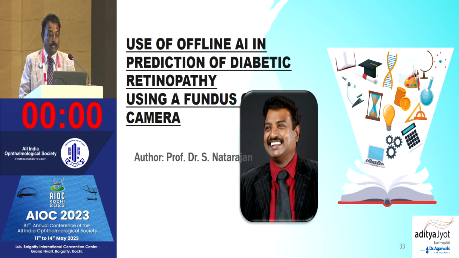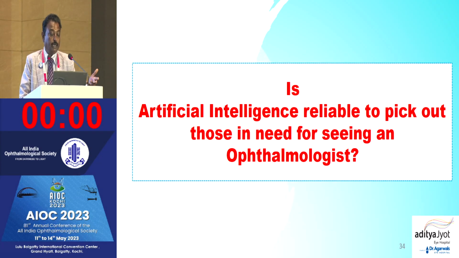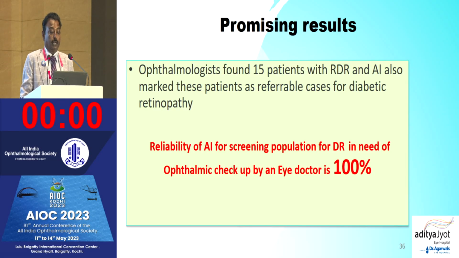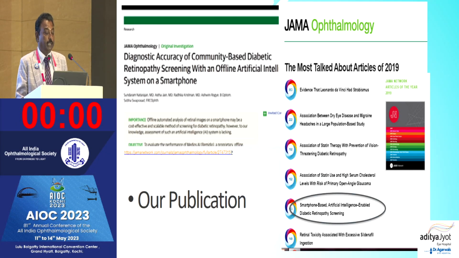So I have been into this since 2019, and we had this research question: is AI reliable to pick out those in need of seeing an eye doctor? And that was the result. An ophthalmologist found 15 patients with referable diabetic retinopathy, and AI also marked these patients as referable cases. So the reliability of this software and Remidio for screening DR in need of ophthalmic checkup by an eye doctor is 100%. And this was published in the JAMA